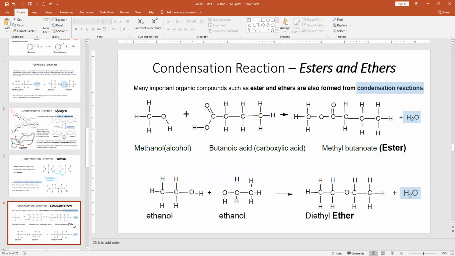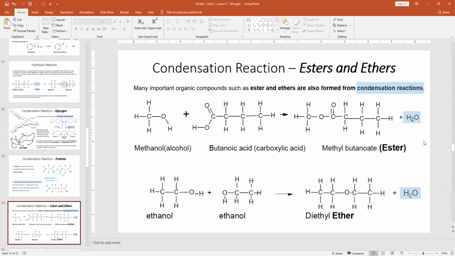Condensation reactions are also important in the formation of esters and ethers. There are many important organic compounds, such as esters and ethers, that are formed from condensation reactions. Here we have an example of a condensation reaction that results in an ester. You know it's a condensation reaction because a water molecule is lost. This molecule loses an OH, this molecule loses an H, a new bond is formed, and a water